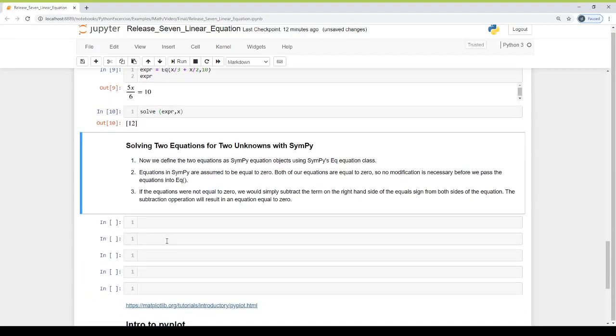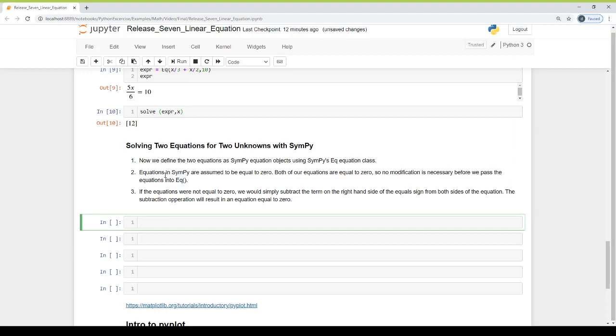Let's take another example which contains two variables. For that, we have our expression eq1 is equal to eq x plus y minus 5. Here we are not taking the right hand side, that is the equal part.